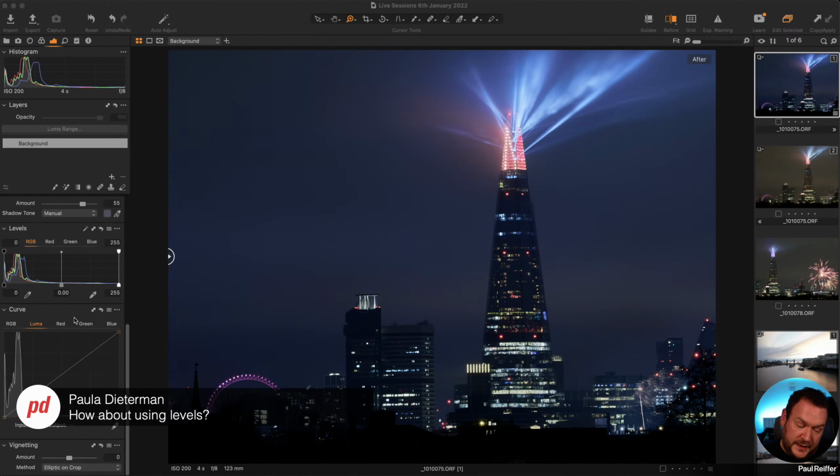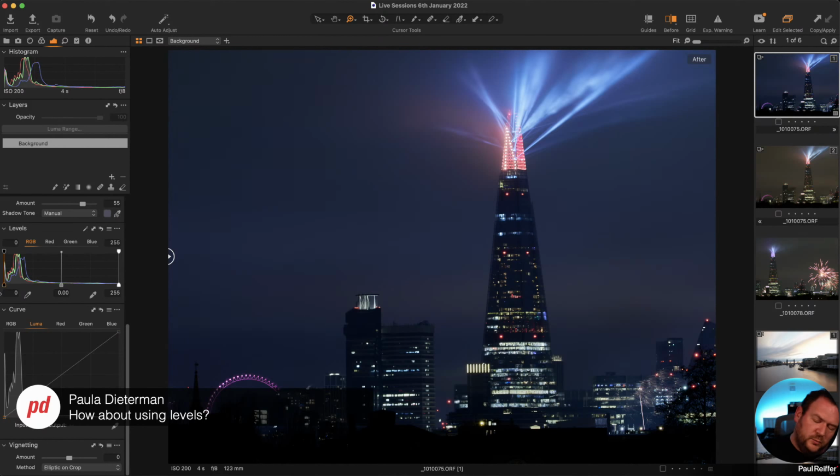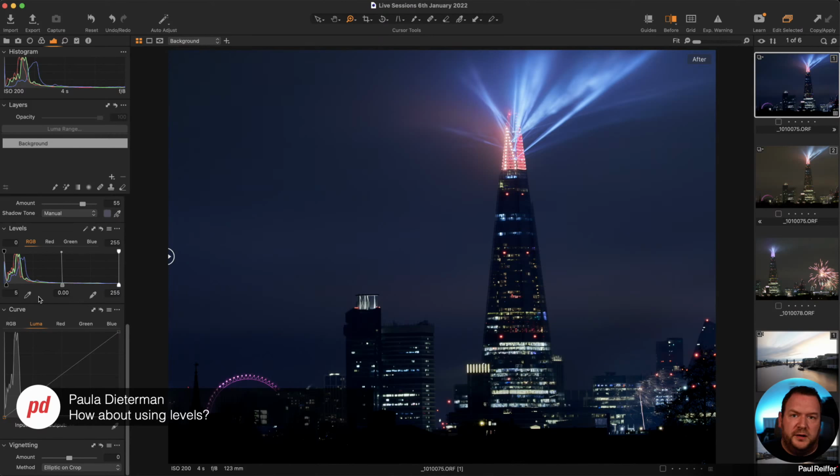Paula, how about using levels? Yes, we can use levels, but actually in this case, you'd almost want to use the curve, because by using levels, I can switch the midpoint, but again, it's a pretty big blunt tool for really detailed changes just in one area of the image. I could pull the black point to be higher than 0. So in other words, rather than waiting until something has no data in its RGB value to be completely black, we can say, actually, if you've only got 5 out of 255, you're now going to be completely black. But again, that's shifting the whole thing left and right.